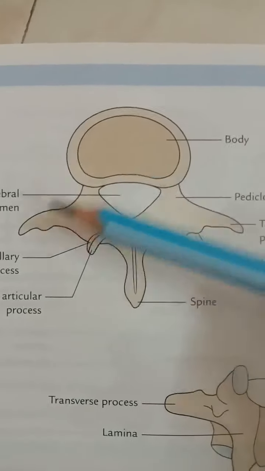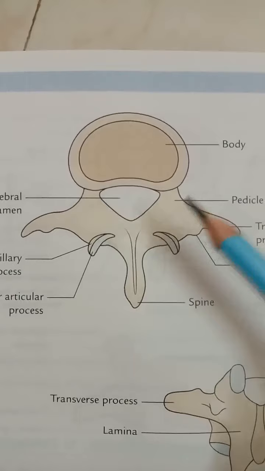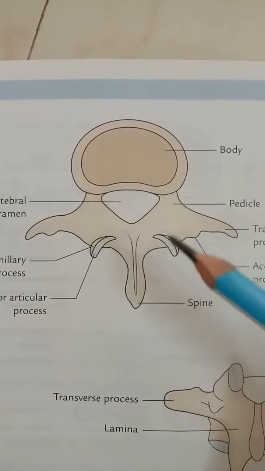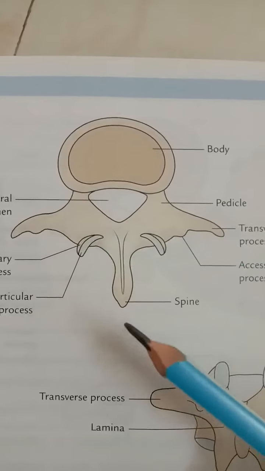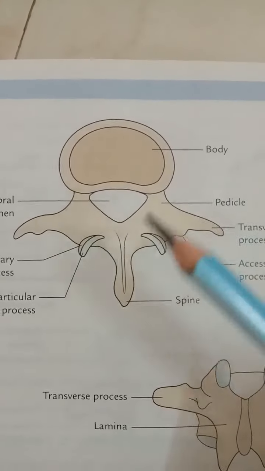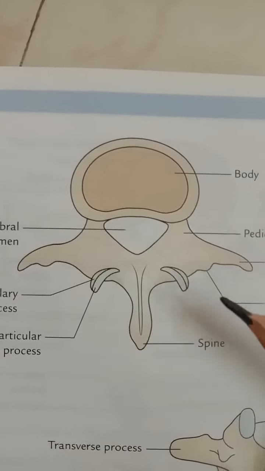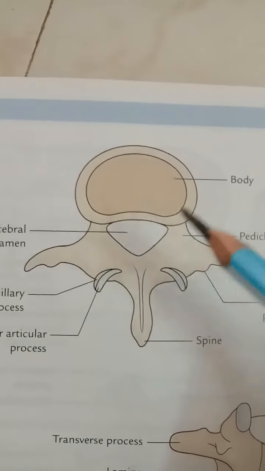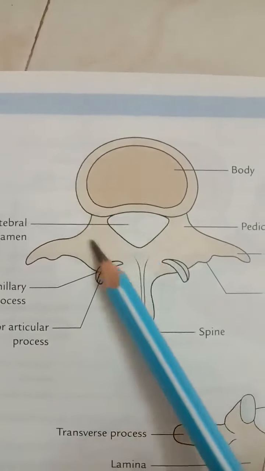So these are the special features of the lumbar vertebra. Let's see the details of the lumbar vertebra. Here you can see the typical lumbar vertebra. The typical lumbar vertebrae are L1, L2, L3 and L4, and L5 is the atypical type of vertebra. So a total of 5 lumbar vertebrae are present. Let's see the features of the typical vertebra. First, the body.